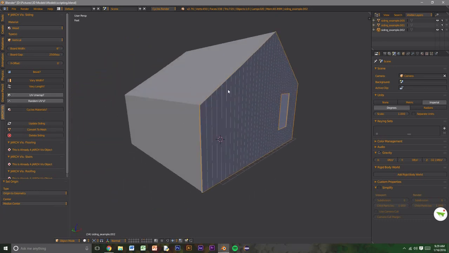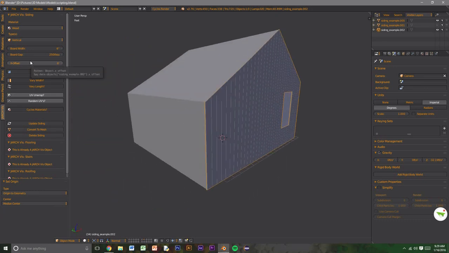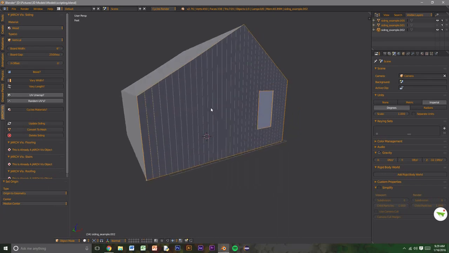the siding to it. And you'll have slightly different options here because you no longer can adjust the overall width and height. And you'll also have gained another option, which is X offset. This is because it uses the original mesh as a Boolean object for the siding, and sometimes the Boolean just gets messed up a little bit. That's an issue within Blender itself. So you can just shift this from side to side a little bit, and that can fix that if it's